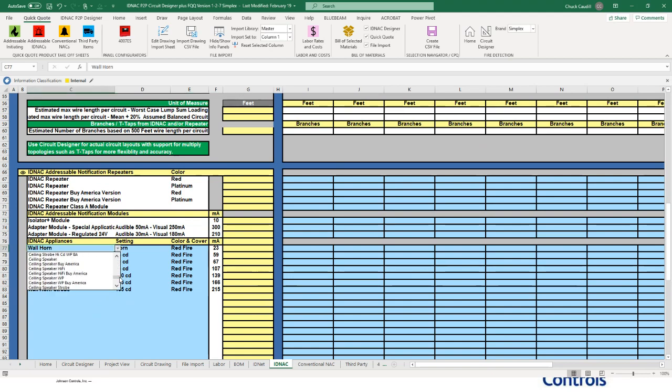You can choose your favorite devices here and set your candelas, and it will keep track of it. You can save this as a template. So you might have a voice version of this template and a non-voice version that has your favorite devices in